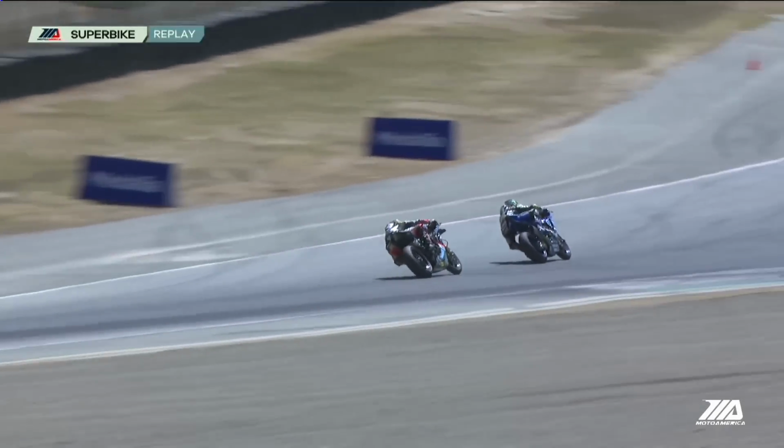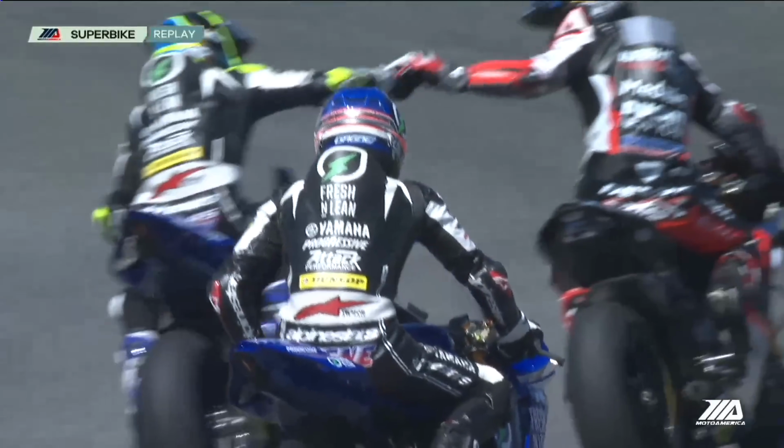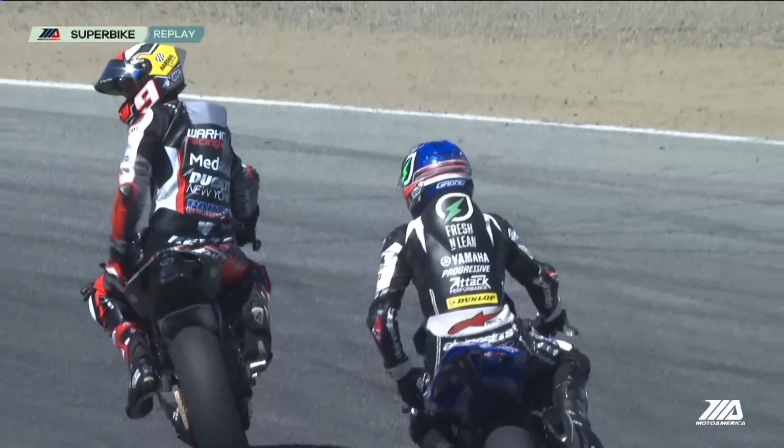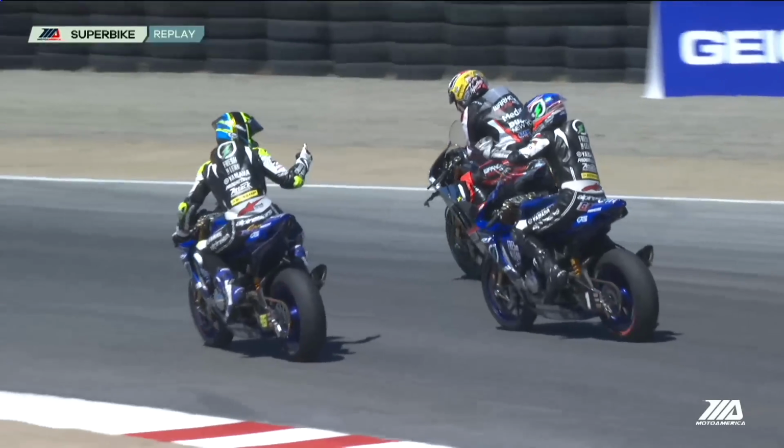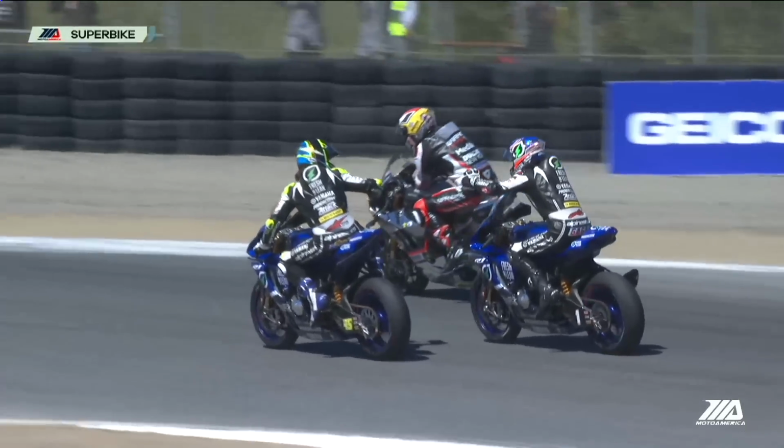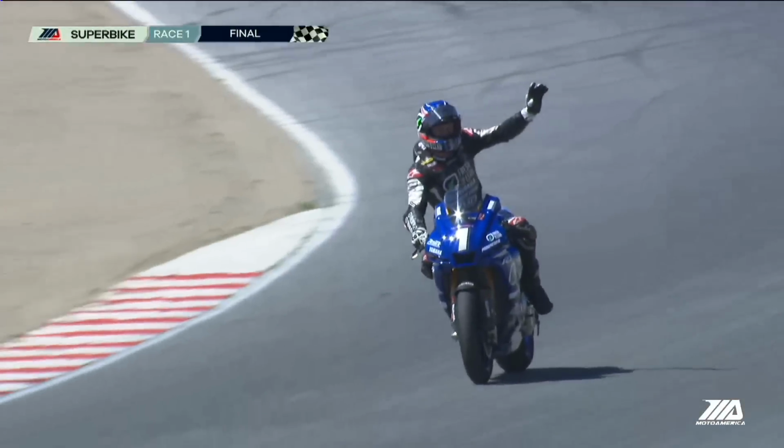I saw his bike get just a little bit loose on tip in, but look at these two guys. They were at, hey, that's racing. It's good hard racing, and that's exactly what that was. It definitely was. And you know what? You almost have to say for Petrucci, you got to take that shot. If you're that close, you've got to take the shot. But